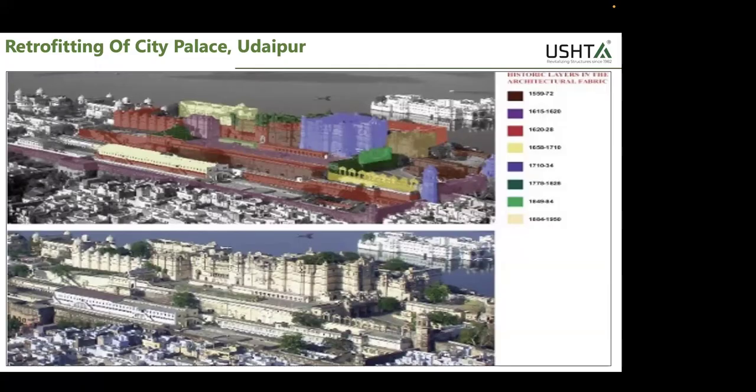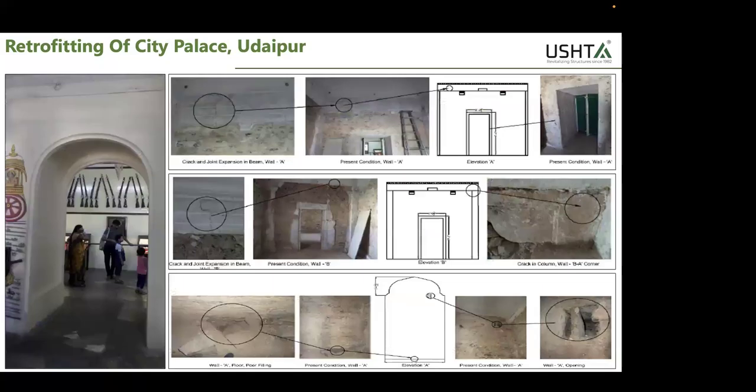And large walls, I mean walls starting from 600 mm to 2-meter thick walls were added. And our aim was to remove all these walls and create a hall, create a space which was there earlier. At the same time, make sure that the structure is safe because there are almost 15 to 20,000 visitors per